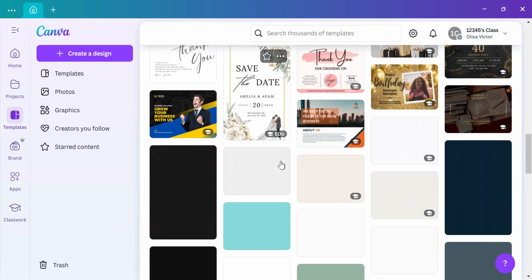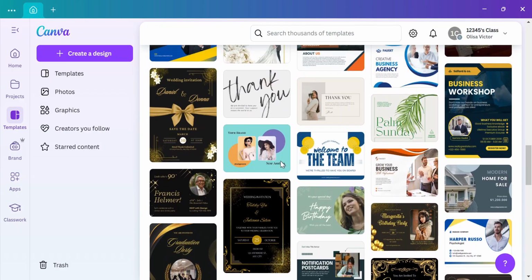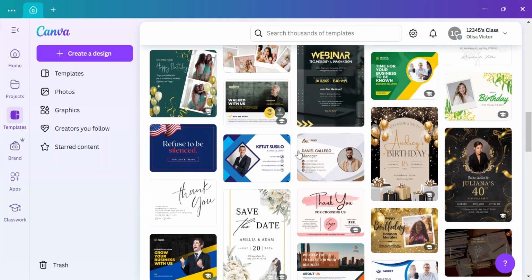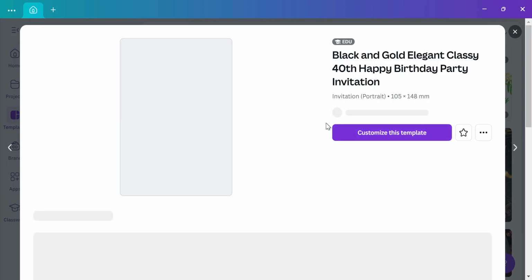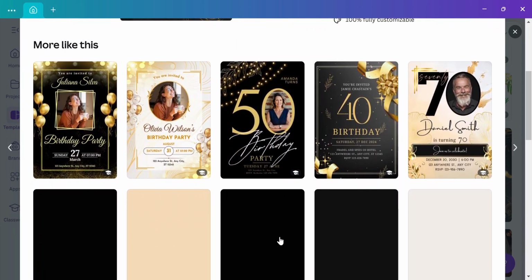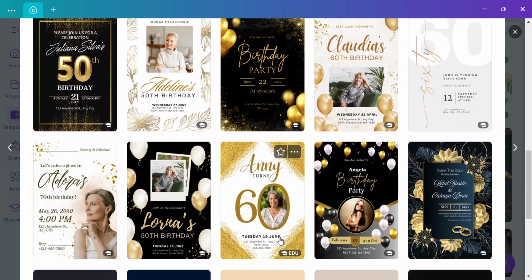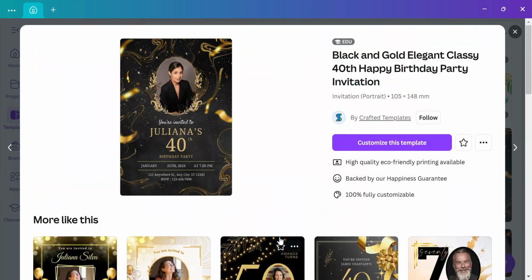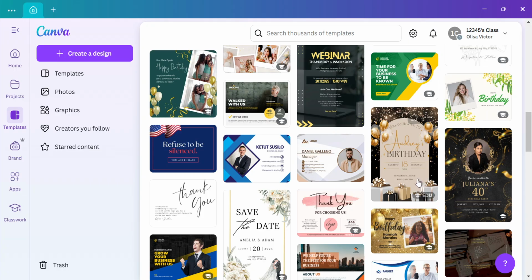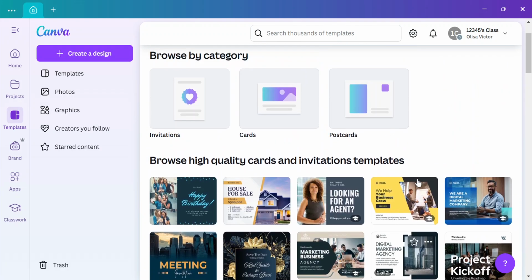So let's say I'm celebrating my 25th birthday. I can choose something like this. Black and gold. This is very lovely. I can also see samples for other birthdays, and I can choose. So let's say I've seen this, I can click on customize and go ahead to customize that particular template to suit my purpose. Or let's say I'm planning a